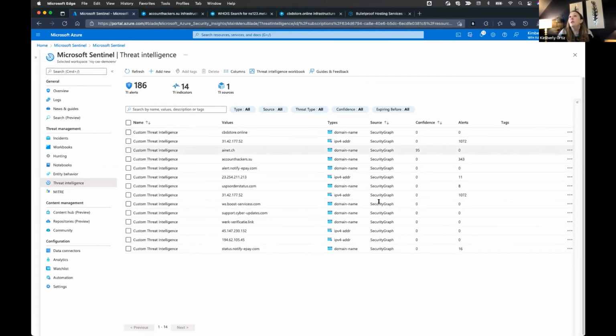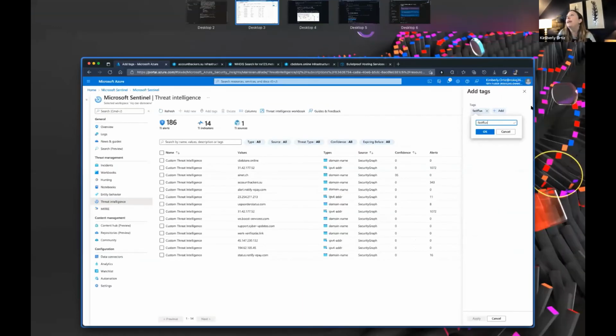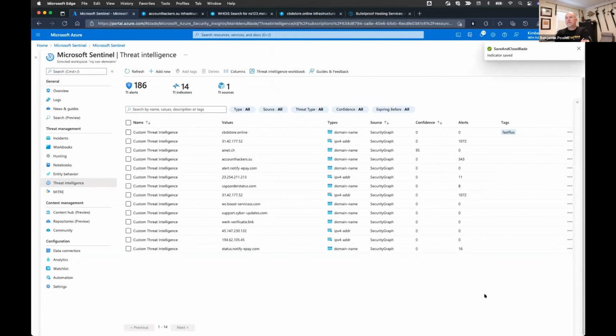Something else you might want to do while you're working on your investigation, you can come over here and I could add some tags to this based on the article I was reading. And I know, oh, this is potentially now associated with, I don't know, I could add botnet to it. I could add fast flux, etc. It's just a way to organize your investigation, right? Apply. Whoops. Okay. I don't know why we can only see one. Maybe I didn't hit enter correctly on the first one, but you get the idea, right?